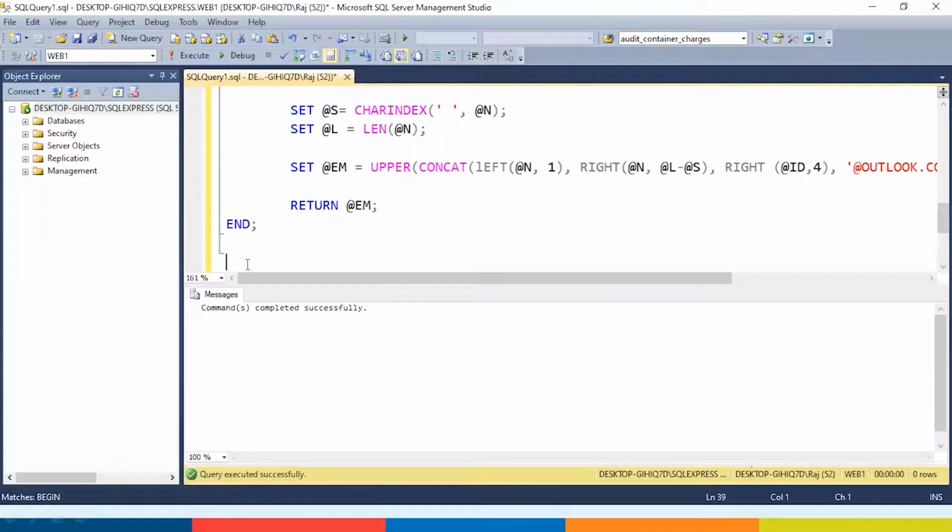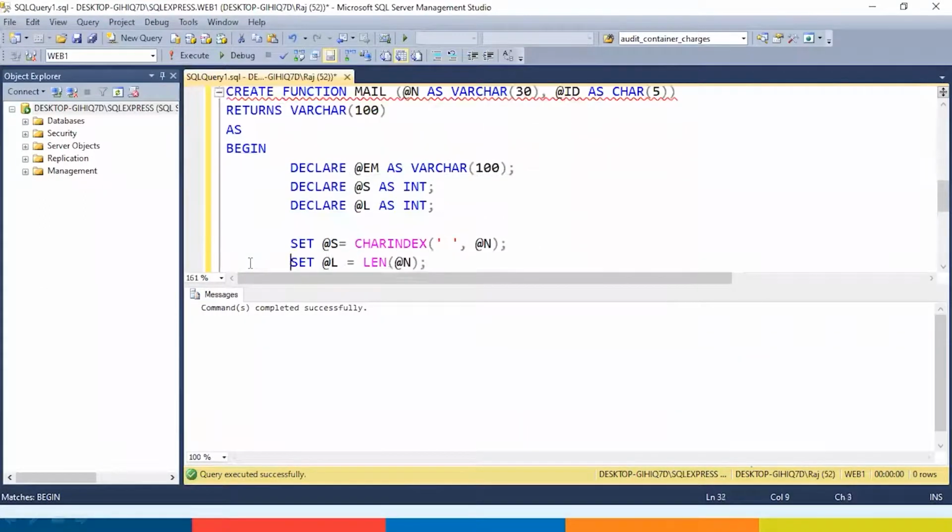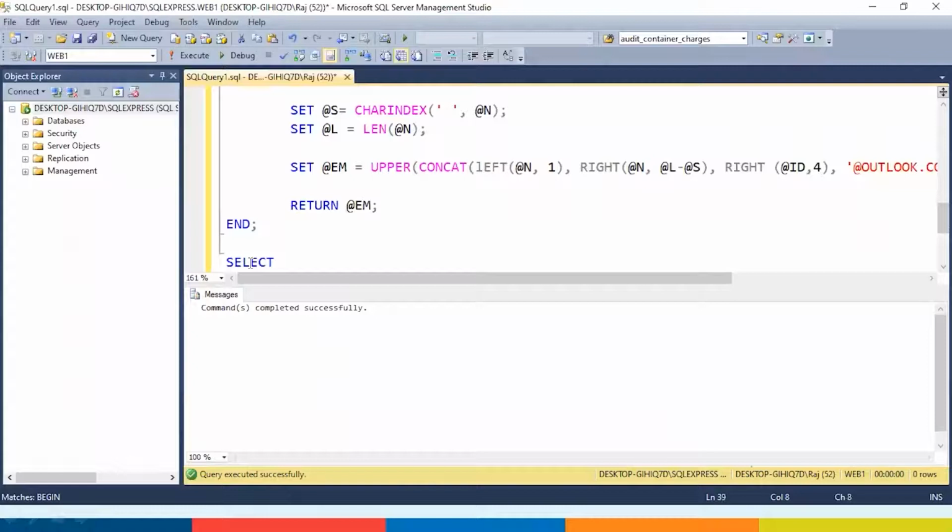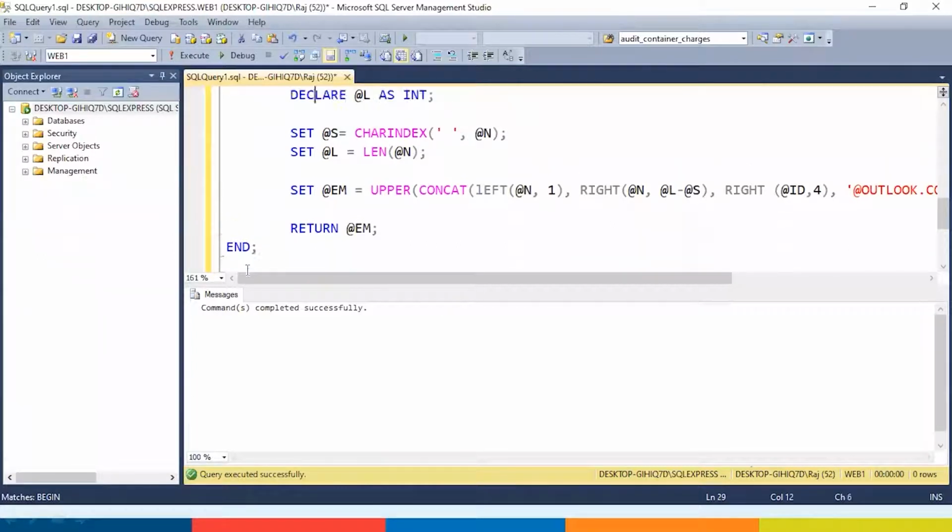Now you say select dbo dot, what was the name?